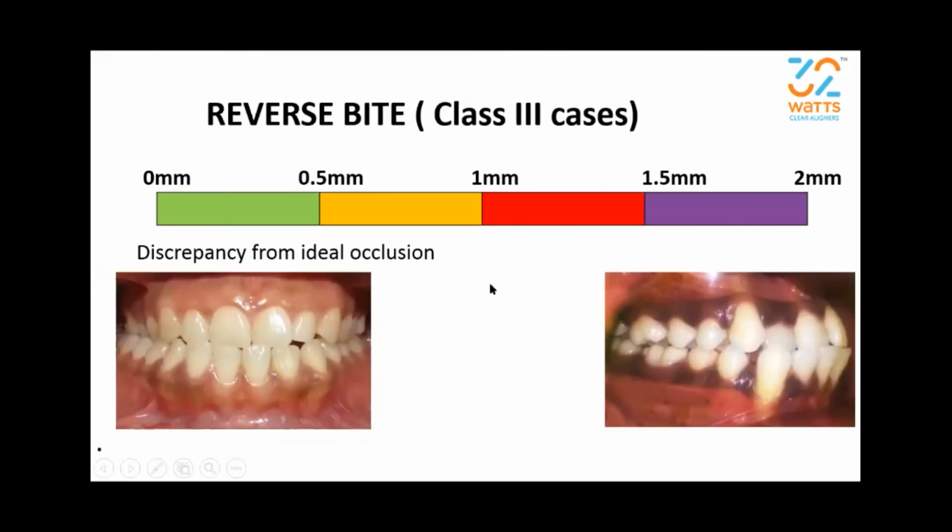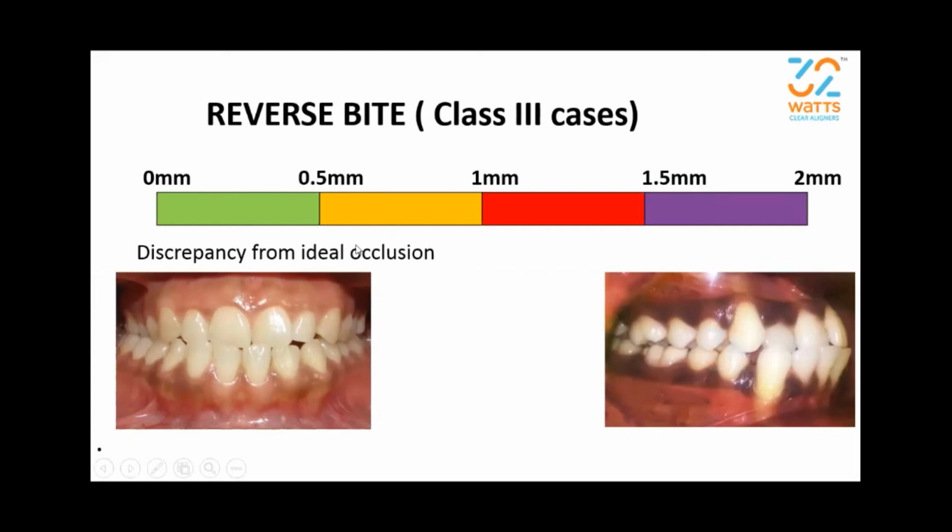Okay, the next malocclusion is class 3 cases or reverse bite. So now we are talking about reverse bite. They can be classified as anterior cross bites or as posterior cross bites. Now, a very severe form of posterior cross bite is referred to as scissor bite. Such cases which have scissor bite are very, very difficult to be treated with aligners. So, if you have an adult patient with a posterior cross bite, it is better to avoid such cases with aligners, or you can first choose the hybrid method.